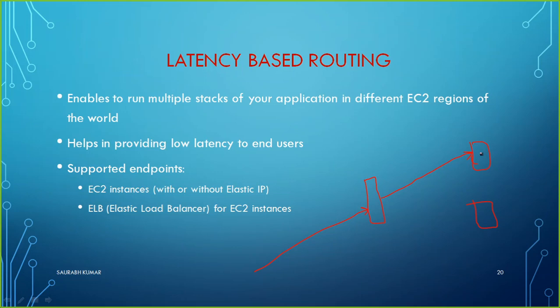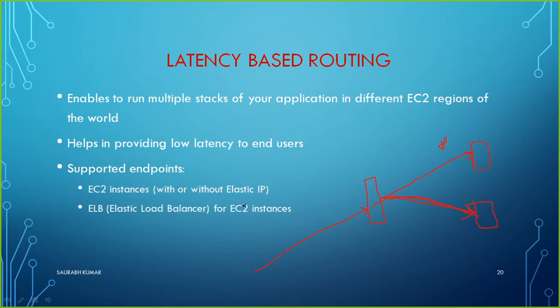Maybe you have seen sometimes that if you are visiting a website, it is doing too much buffering. It is taking so much time. That is called latency. So if any server is taking too much time because of a latency problem, immediately this DNS server will forward the request to the next one. This policy is shifting the request on the basis of latency. Maybe this server's latency is too high right now, it is very slow, so all the requests go to this one. Now at least your customer will be happy and will not have that buffering situation. This type of routing is called latency based routing.